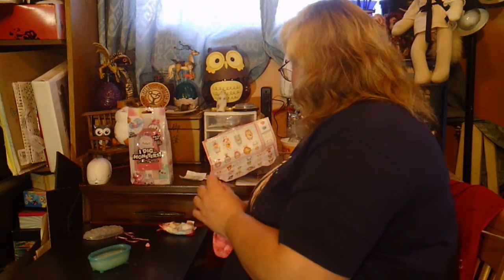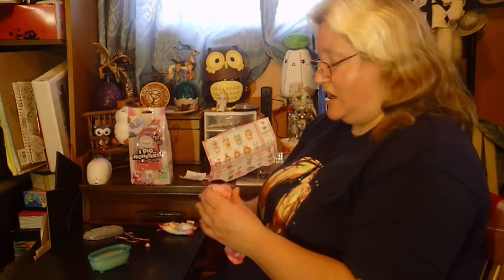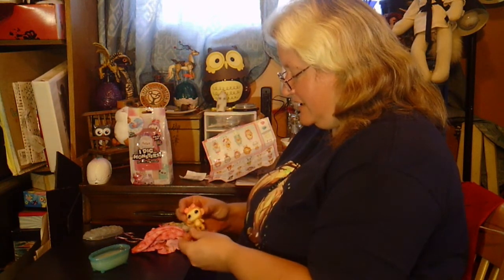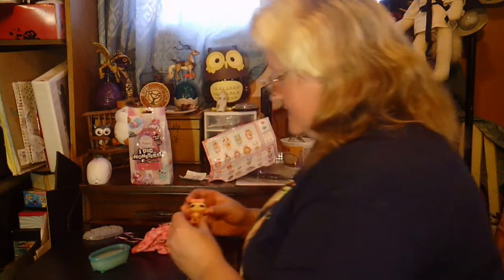According to the paperwork, you have a color change. What you're actually getting is a toy that the face washes off. So that you actually open up the eyes when you bathe your monkey or whatever. I think maybe they need to pay a little more attention to what they're doing with their products. But in any case, these are not...